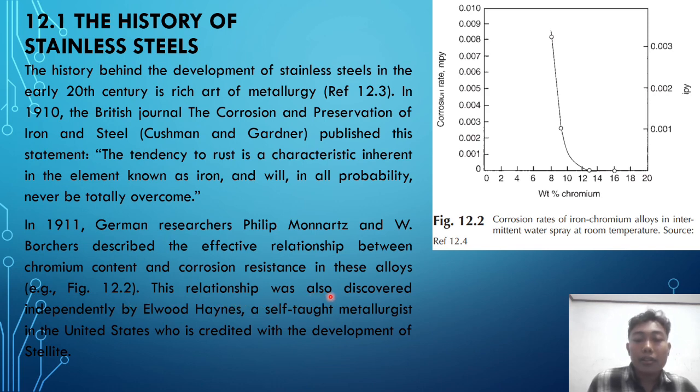This relationship was also discovered independently by Elwood Haynes, a self-taught metallurgist in the United States, who is credited with the development of Stellite. This is Picture 12.2, the corrosion rates of iron chromium alloys in atmospheric water spray at room temperature. Then next,